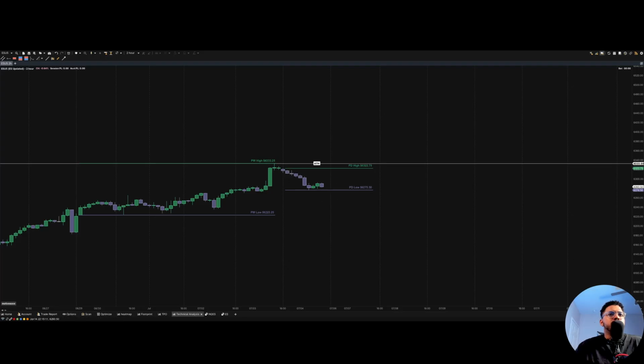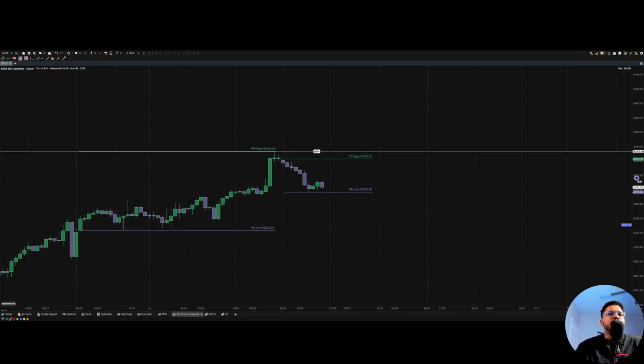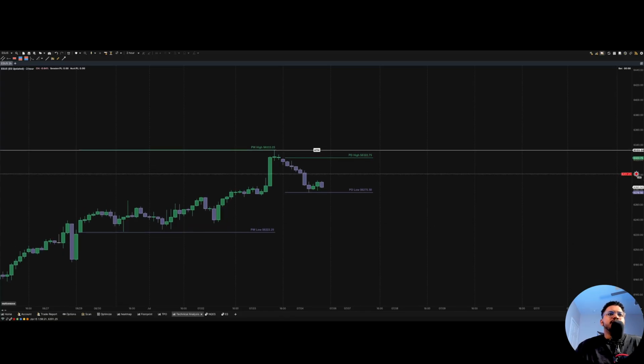So that's why I don't necessarily like taking levels from higher time frames. Usually, as high as I go to plot my key levels throughout the week will be maybe like a 1 hour, but usually 1 hour 30 minutes. That's where I like getting my levels from, and that's simply because I'm a day trader. I'm not looking to jump into a swing position where I need to be mindful of the high time frame